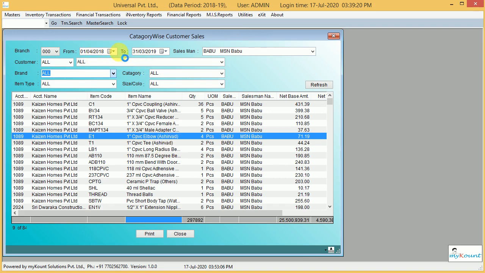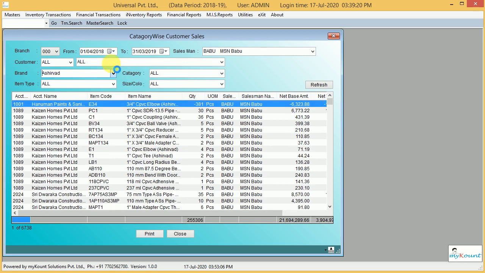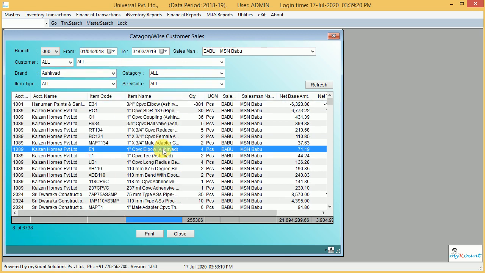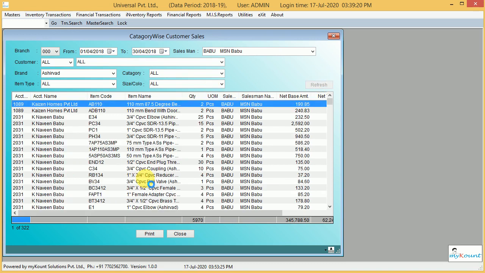We'll select 1 month because a complete year is there. So this is 6700. For a particular month, this is 322. Here you can select the customer.